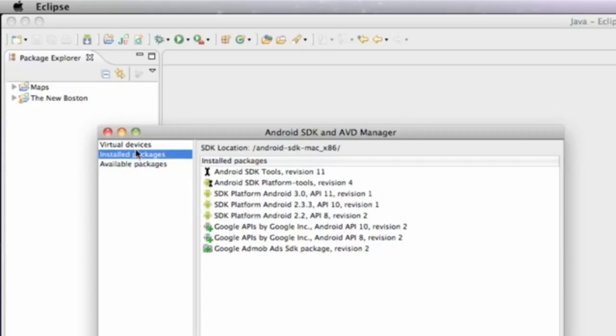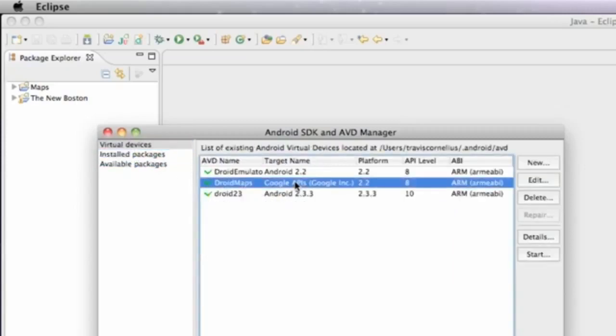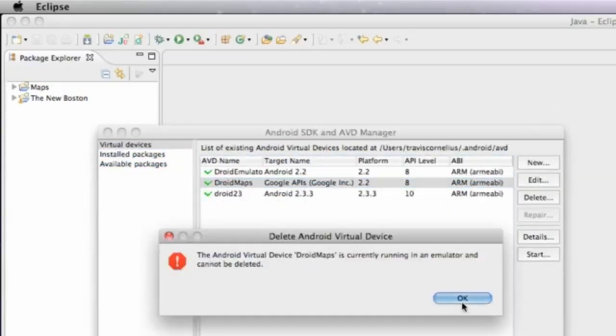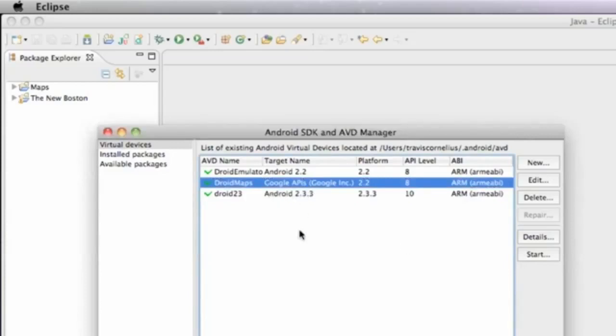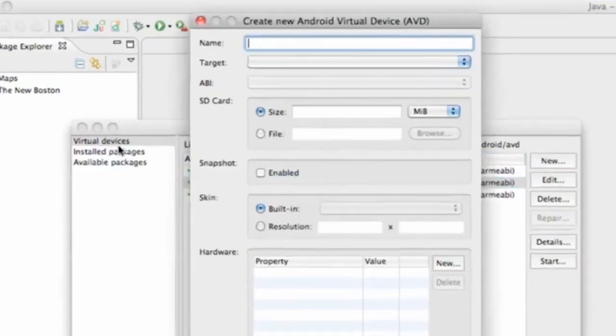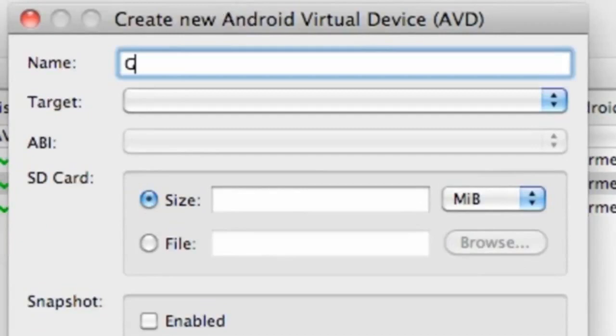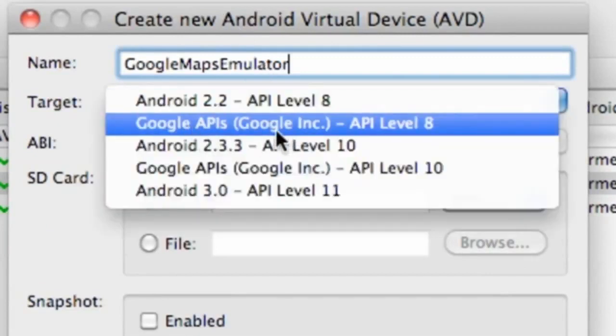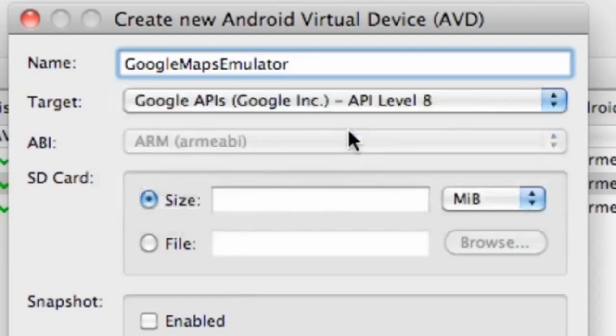And then also what we're going to need is an emulator that's going to be able to run Google Maps. I have one set up there already, but once you install that Google API package, you're going to go into your emulator or virtual devices, and we're going to create a new one called Google Maps Emulator, something like that. We're going to select our target, again the target of Google APIs and level 8. So you're going to select that,